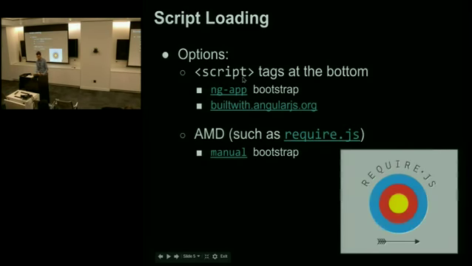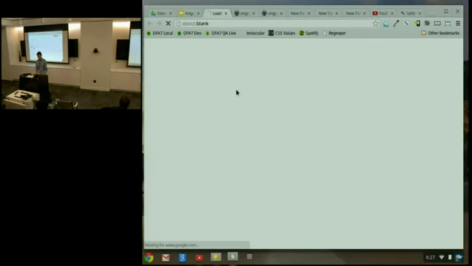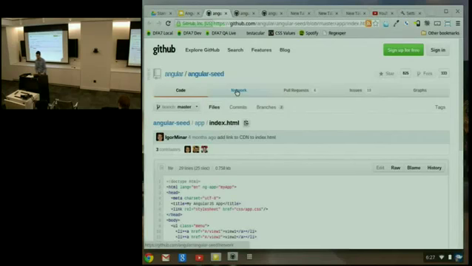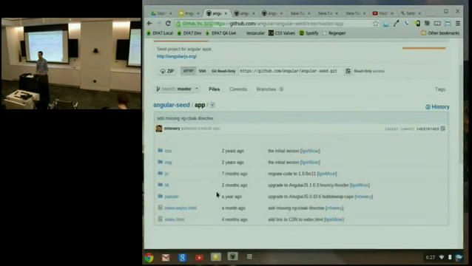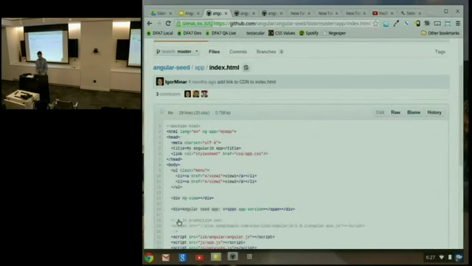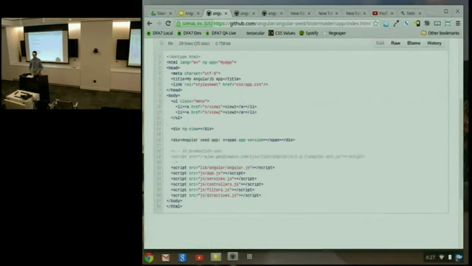So the traditional way we'll show by just going to our Angular seed app again. We'll see in our Angular seed that we have in our app 2 different index.htmls. Each of these demonstrates a different way of doing your script loading. So we'll look at the standard index.html first. And this is using the most basic common way of loading your JavaScript using script tags at the bottom of